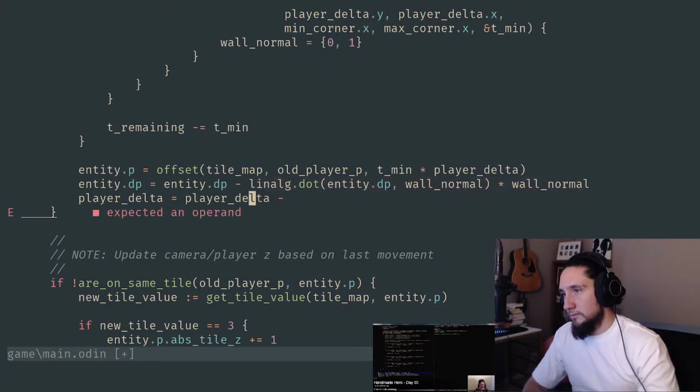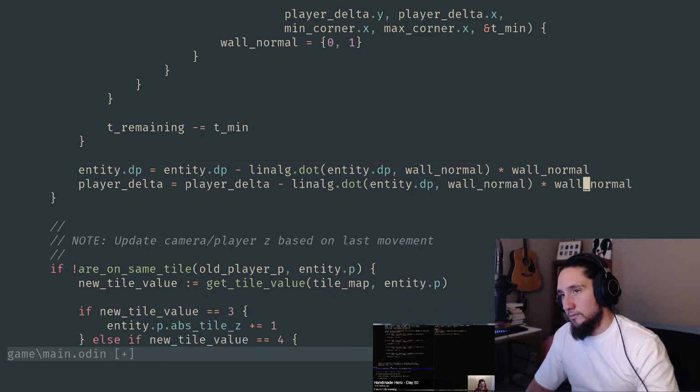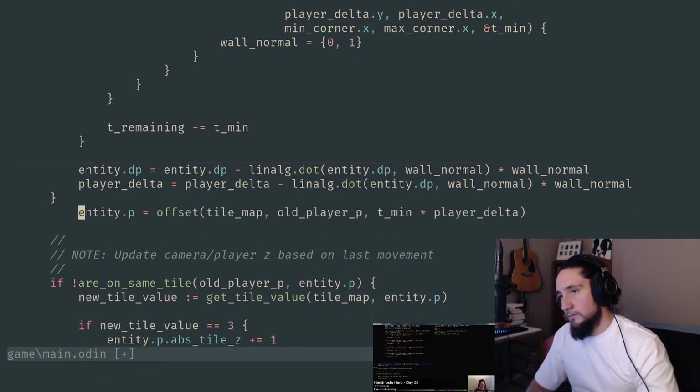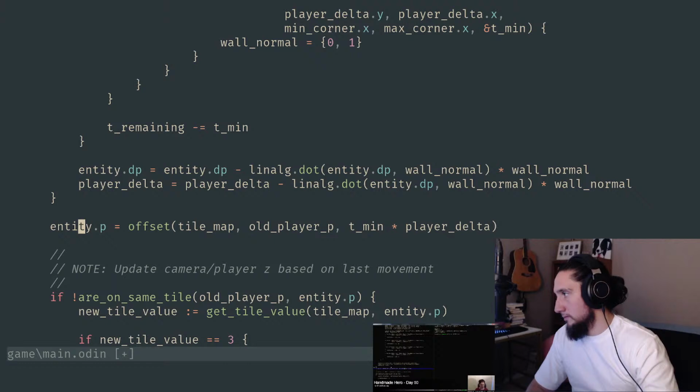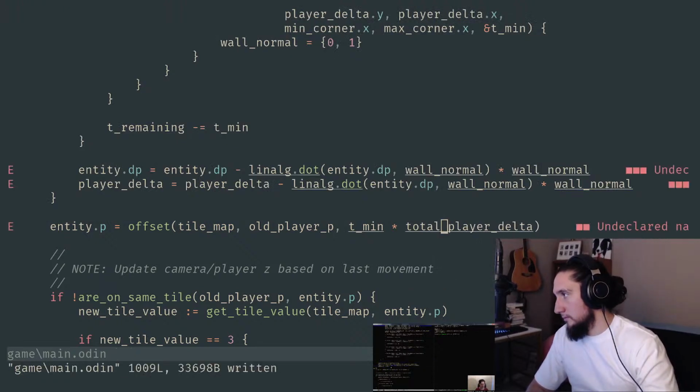Now remember, this offset is somewhat expensive. So really, we could decide just not to do that offset, the player positions thing. We could decide to do the player position thing outside here and have a thing called total player delta, which basically says what part of the player delta actually got used, and we'll sum it. So we'll say total player delta is going to add whatever the step was that actually was used. And then what we need to do is we need to update that player. Hold on. Hold on. Okay, so